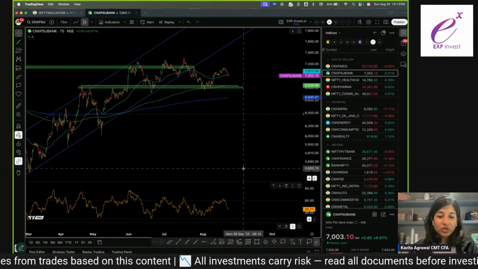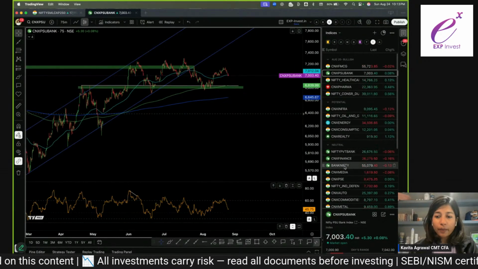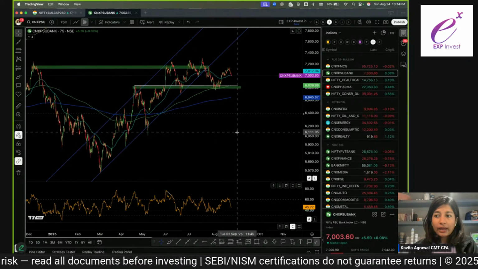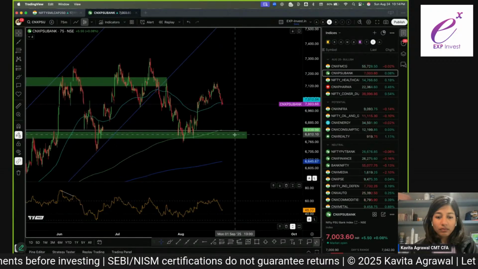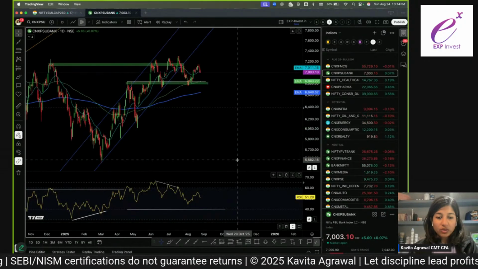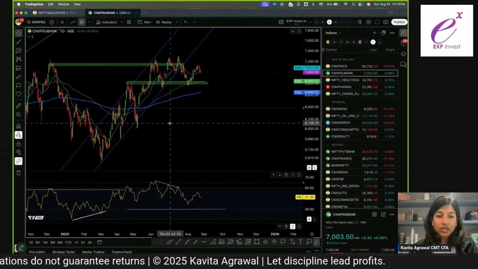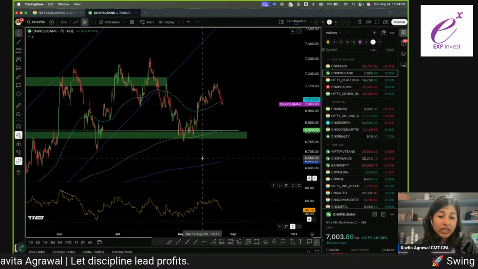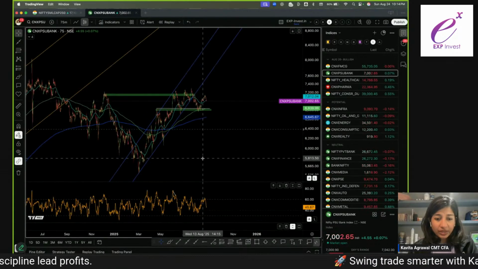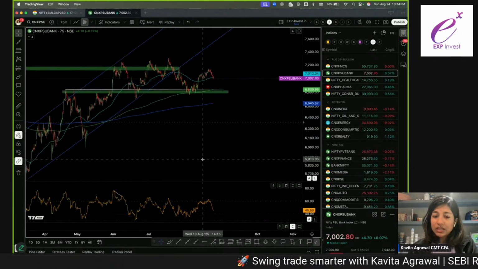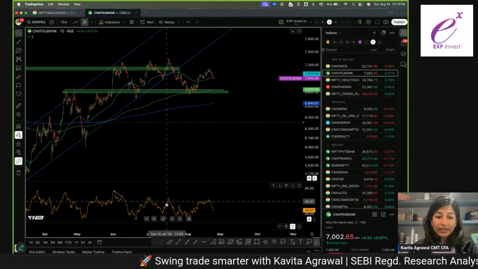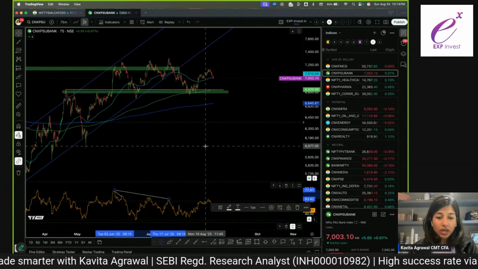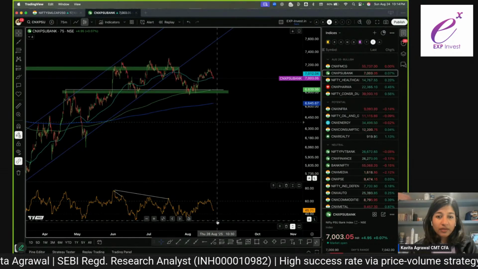PSU Bank, where the PSU Bank chart is looking divorced from the private banking, finance, and Bank Nifty index charts. On the daily time frame, despite negative divergence, I would say the overall trend is still positive. On the 75-minute time frame, there's not much clarity, though I would say there is this negative divergence for sure over here. And since then, the level of 30 has not been touched.